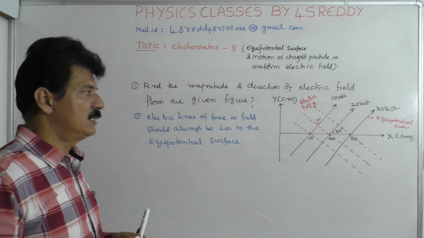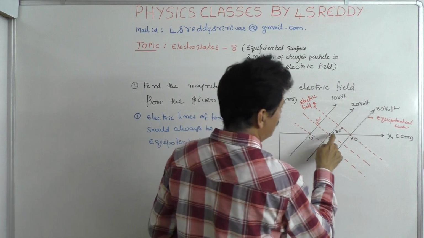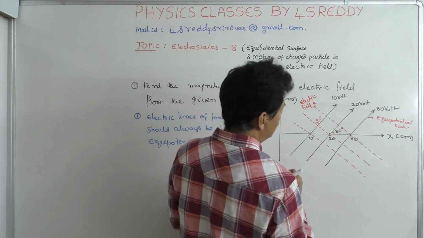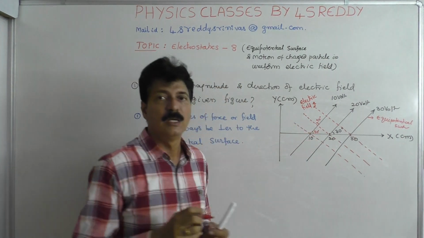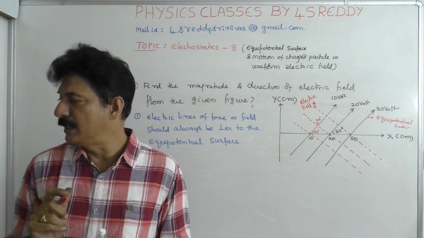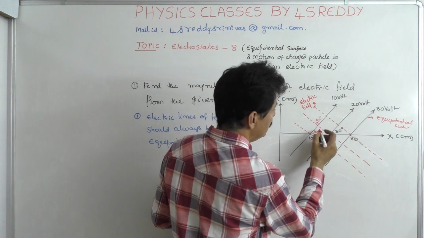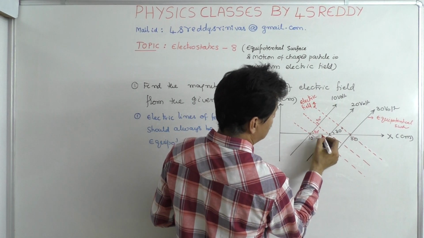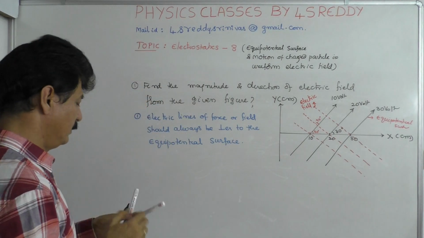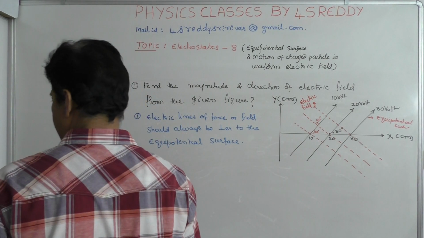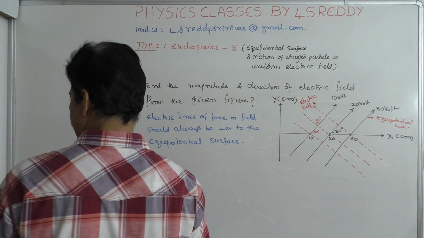And once you have this, if this makes an angle of 30 degrees, this should also make an angle of 30 degrees. Thereby what are you going to get in this case? Now, if this is 30, what is this distance? We know that the electric field intensity is given by